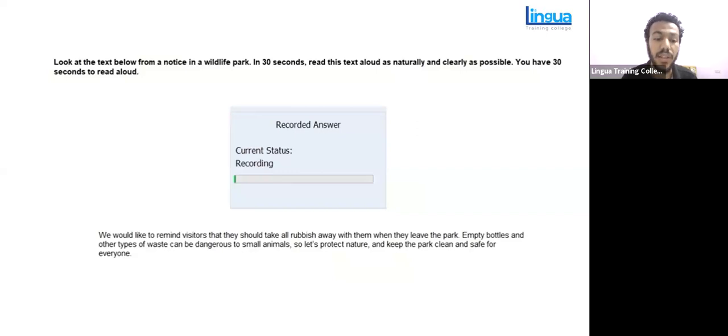Empty bottles and other types of waste can be dangerous to small animals. So let's protect nature and keep the park clean and safe for everyone. So having the gaps will help getting a higher score, having the chunks and the falling intonation and